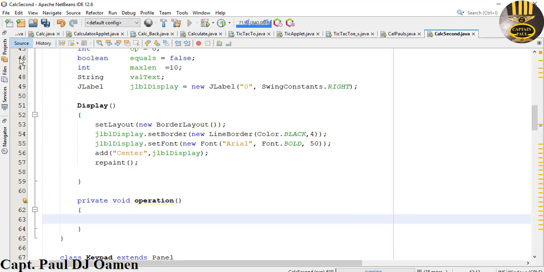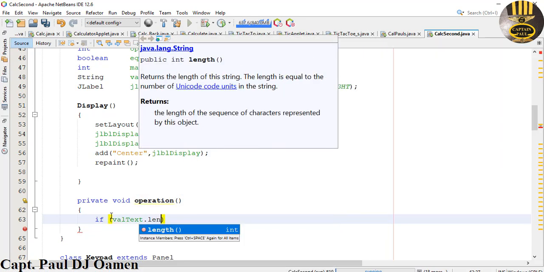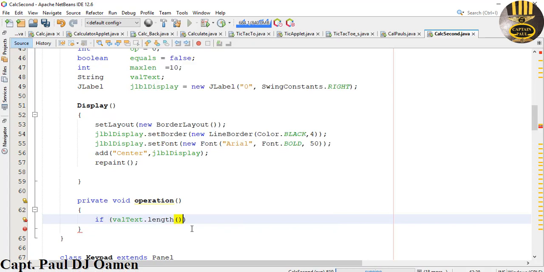Now in there, first of all, let's use an if statement. I'll just copy that. So if the value text dot length, if that is equals 0, then we want the system to return